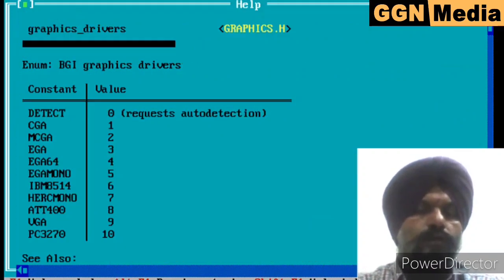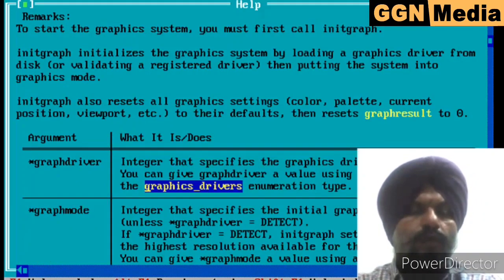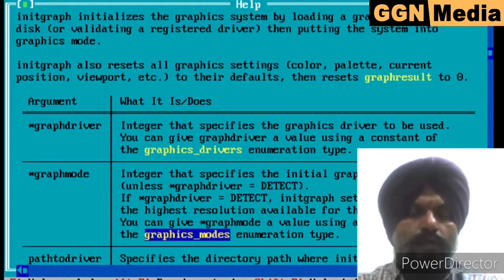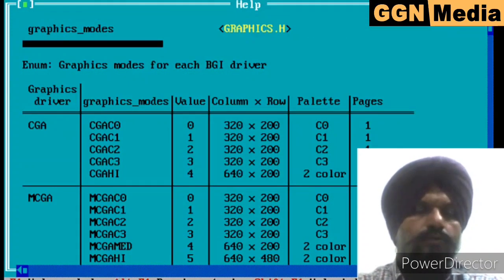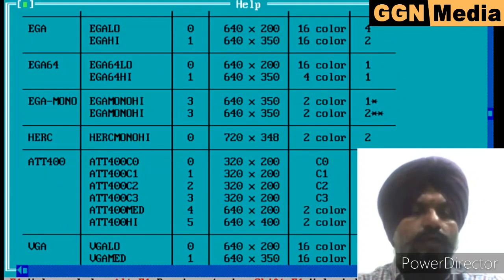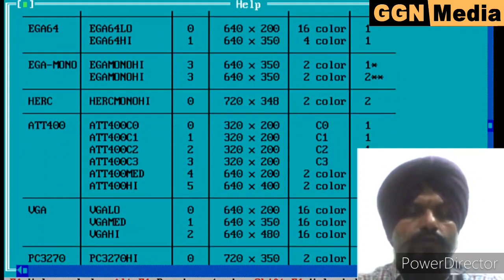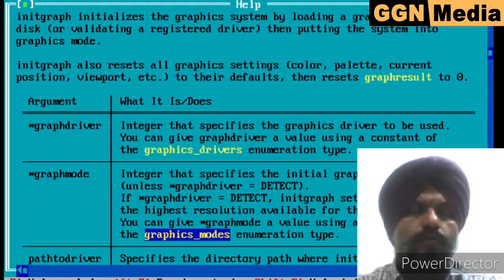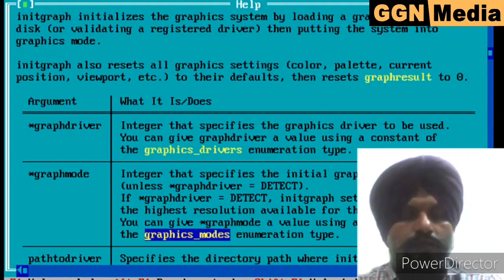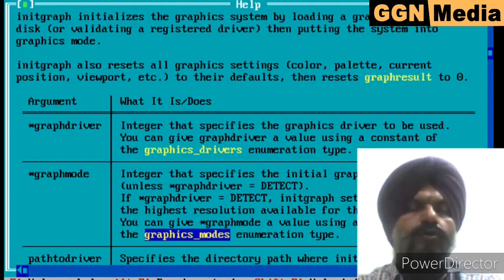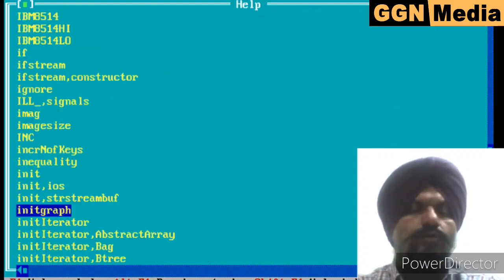The value of graphic driver is 9, which means this PC currently has a VGA monitor. In a similar way, what is the resolution of this VGA monitor? In VGA, we have to find where the 2 is. This resolution is 640 by 480, 16 colors. It means on this PC where I am demonstrating, the initgraph function is of type VGA and working at 640 by 480 resolution.